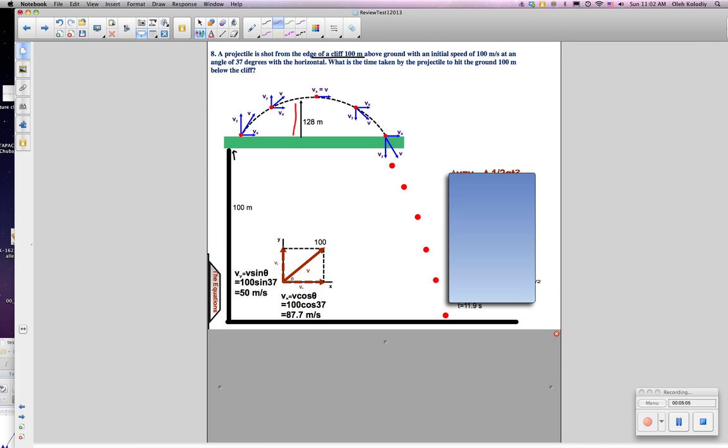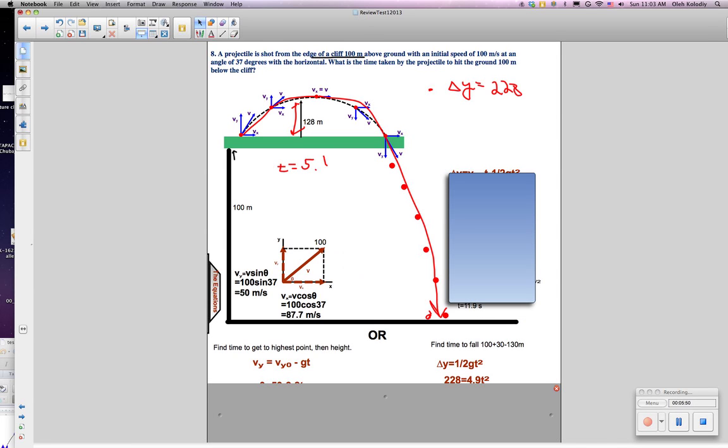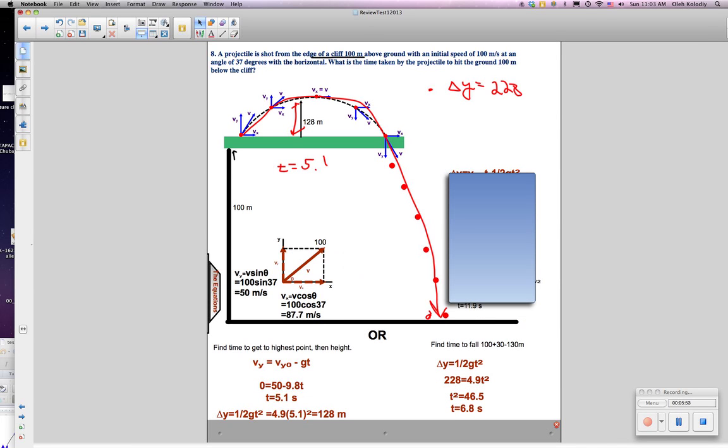So how long will it take to drop from here to here? We can calculate that time and add it to the time we already found to get to the highest point, which, if you remember, was 5.1 seconds. So 5.1 seconds to go from here to here, and then how many more seconds to go from here to here? Well, let's calculate that right here. We already had 5.1 seconds to the top, and then the time to fall from 228 meters